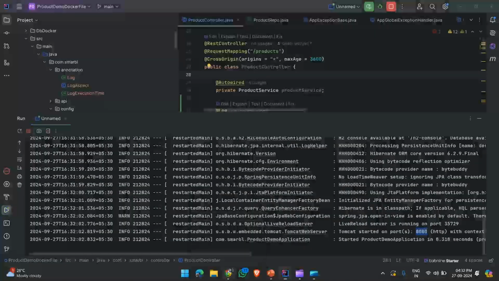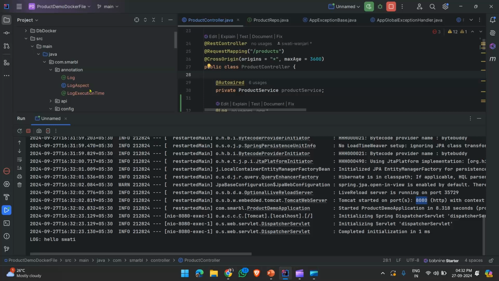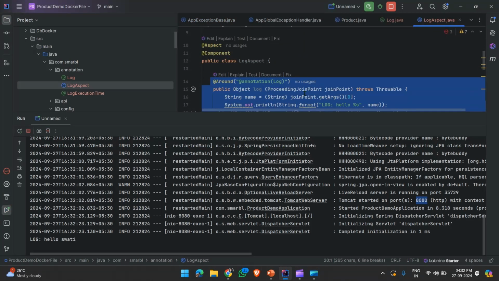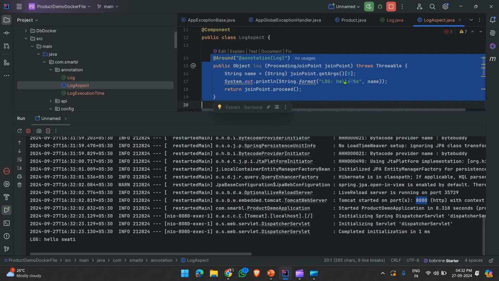So go over here and put your query over here and path, and just hit hello Swati, because we have already defined here in the log aspect to print the name with this.